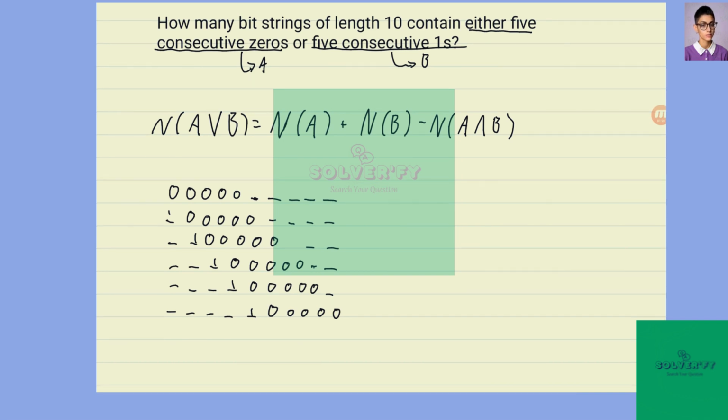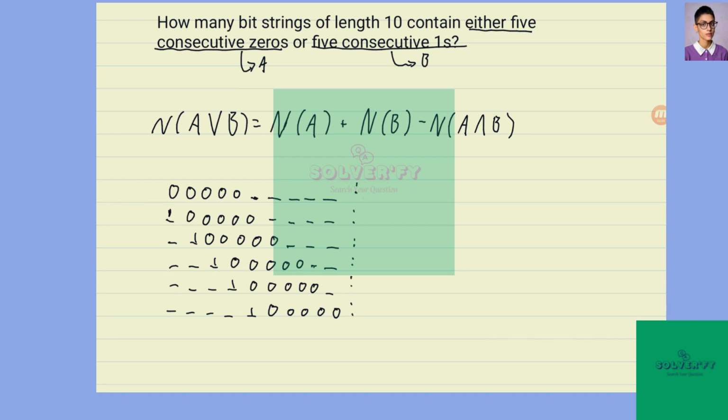If we start at the second bit, then the first bit is going to have to be a 1, so that we have 5 consecutive zeros, not 6 consecutive zeros. But everything else afterwards is undetermined. If we start at the third bit, then the second bit has to be a 1. But the first and the 8th, 9th, and 10th bits can all take any possible value. So by counting up the blank spaces in each one of these runs,